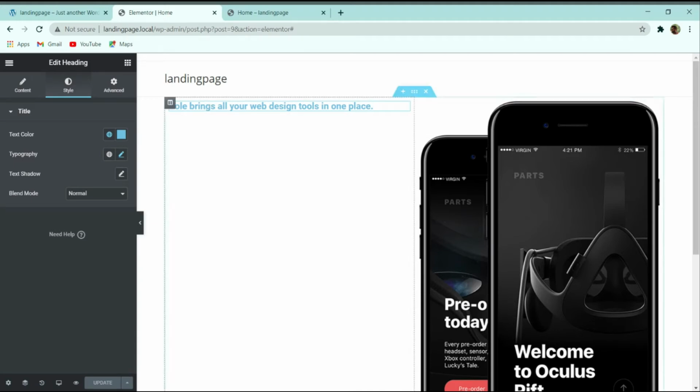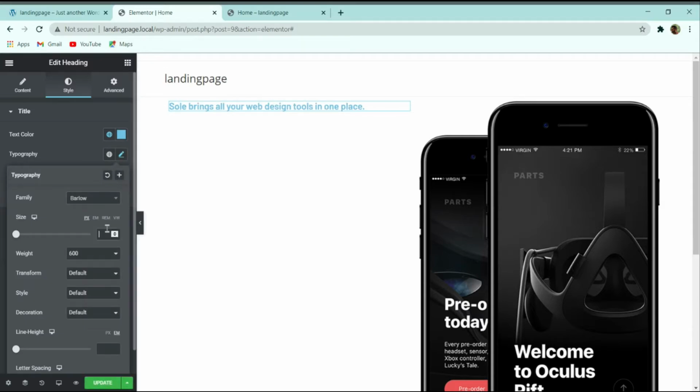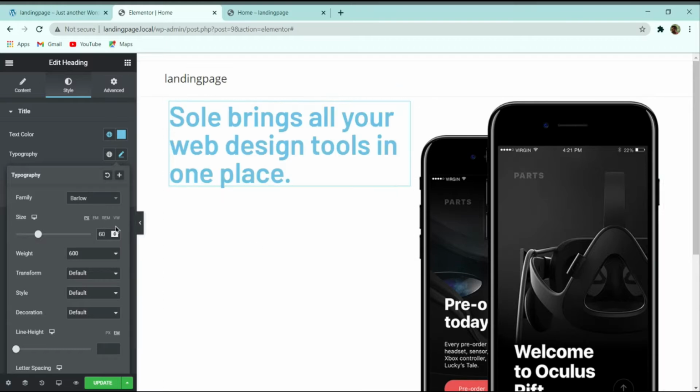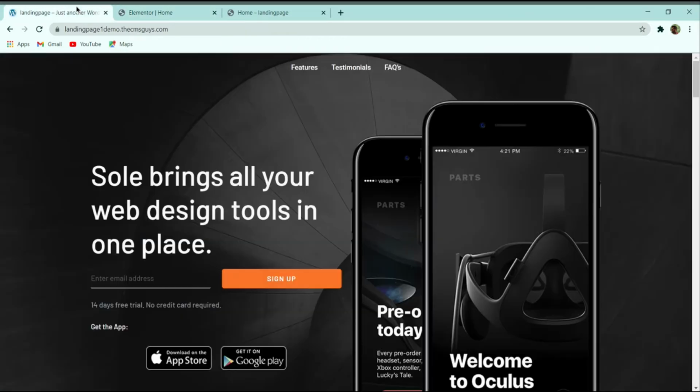To edit this, let's change the typography first. Here I will select the font family to Barlow. After that, I will select the size to 16, and then weight, let me give it 500, and then line height I will select 72 pixel. After that, here you can see that we have an option of this email address and then the sign up